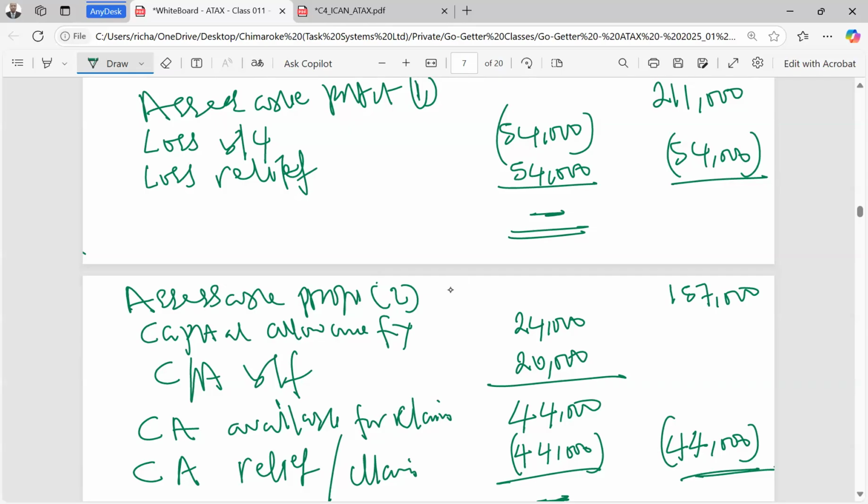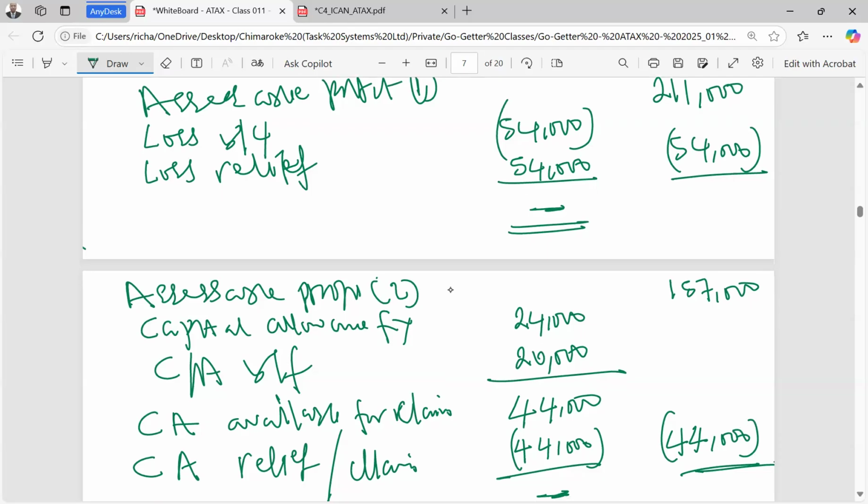So this accessible profit 2, the main purpose is for capital allowance purpose. This accessible profit 1, the main thing is for tertiary education tax. Sometimes you might have only one accessible profit, so you may not have 1 and 2. Both of them will then be used for both capital allowance and tertiary education tax. When there is 1 and 2, you know how to channel it.